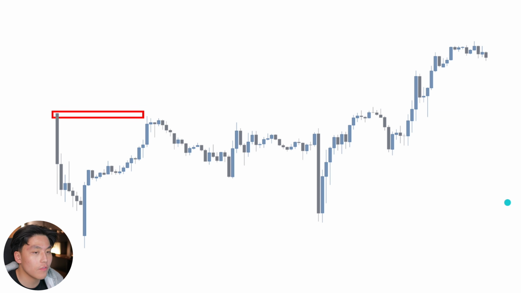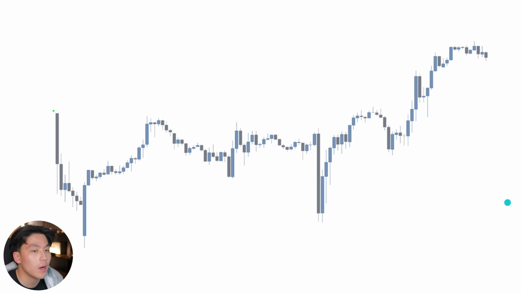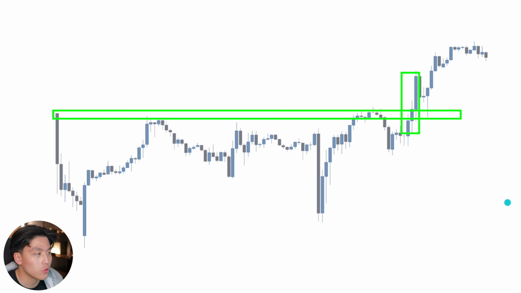So what we're going to be looking for is the reaction that we have off of your swing high and your swing low. What we can be looking for is the sweep of liquidity and a potential reversal back towards the downside. Or what we can be looking for is the run on liquidity and this continued push towards the upside. You can see in this case, price ends up having a strong push towards the upside,